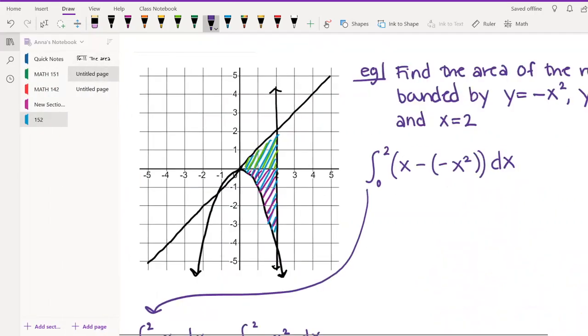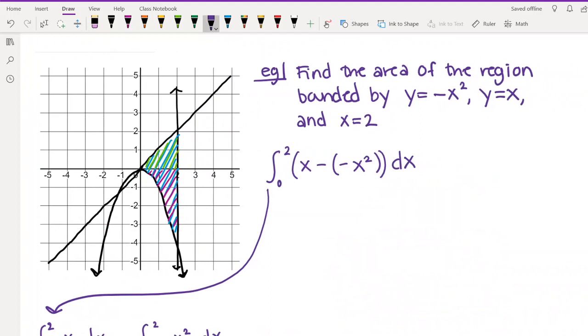On the other hand, if one is positive and the other is negative, we're going to end up subtracting the negative area, and subtracting a minus becomes positive. So even though it seems like we're subtracting, we're actually adding together